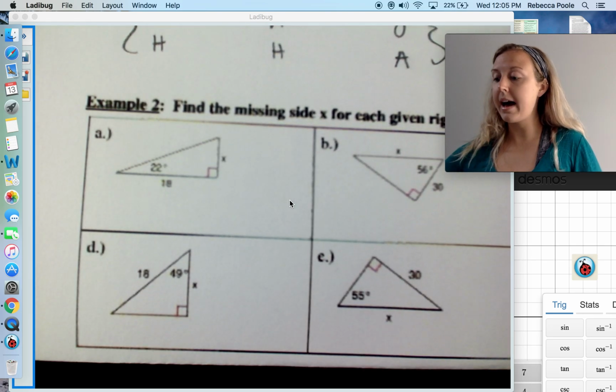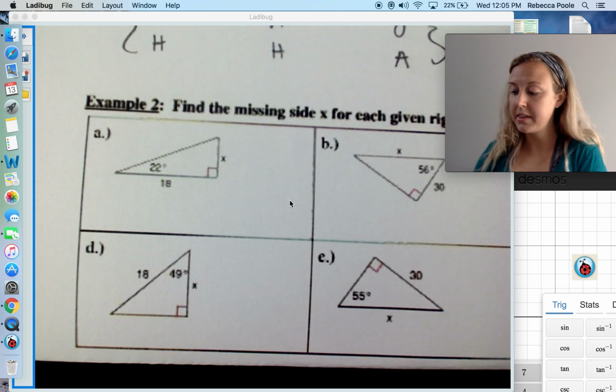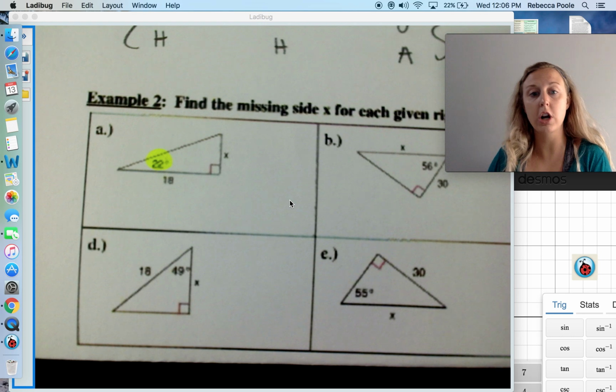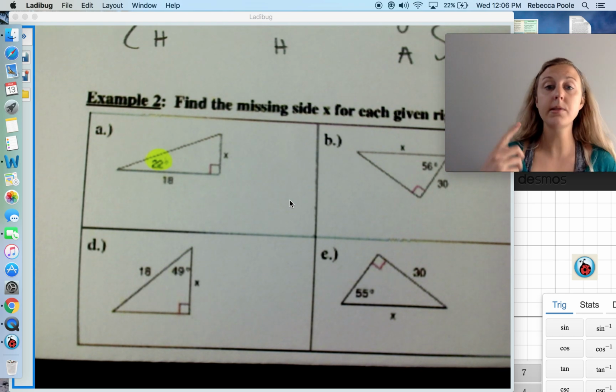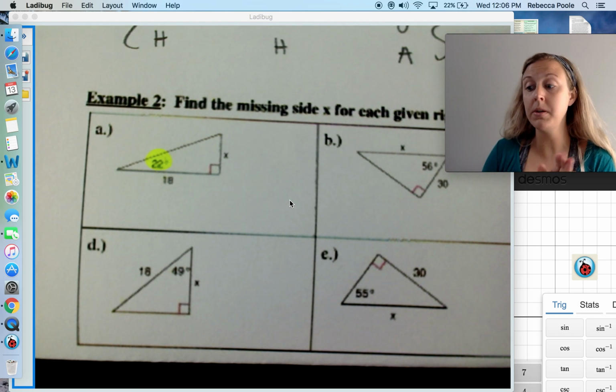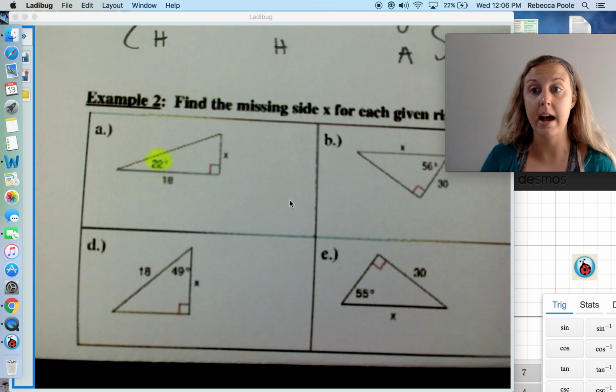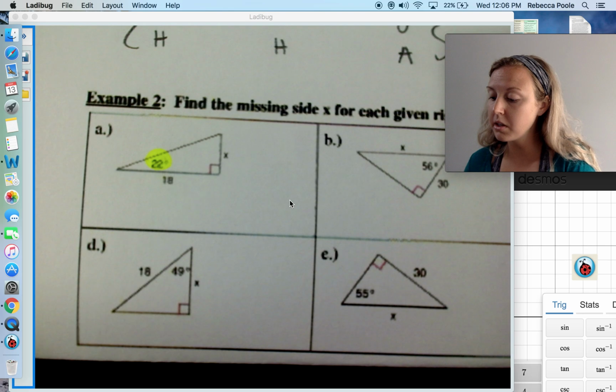So example A, they give me this bottom angle is 22 degrees. Now, I'm also given a side. That's all you need is one angle and one side, and we should be able to find missing sides, all right? So if you guys look at this